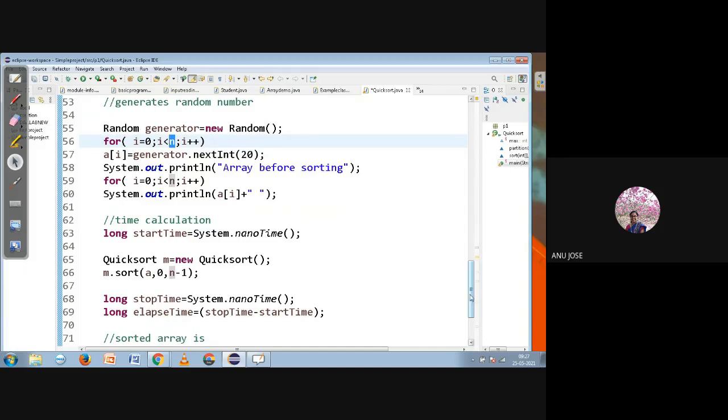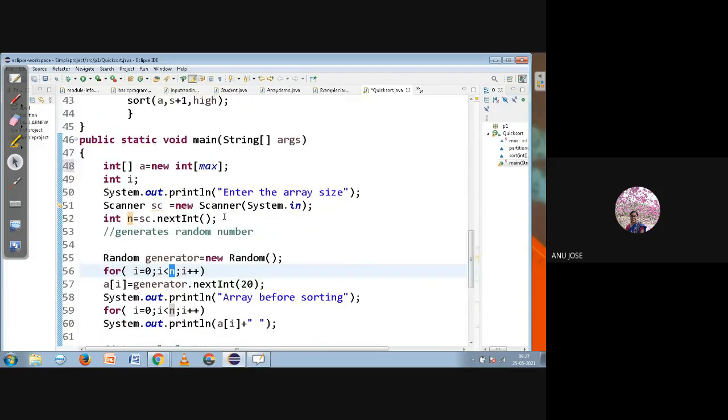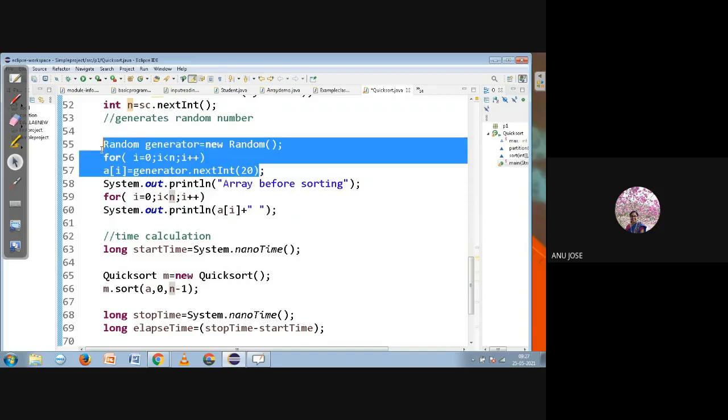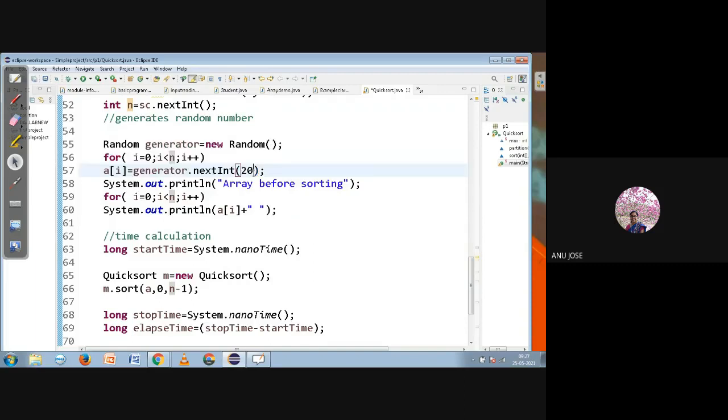That was the input I read from the user: how many integers you want to sort. So the array size was read from the user, and that value we have taken from here. Until that many numbers, the random values will be generated.